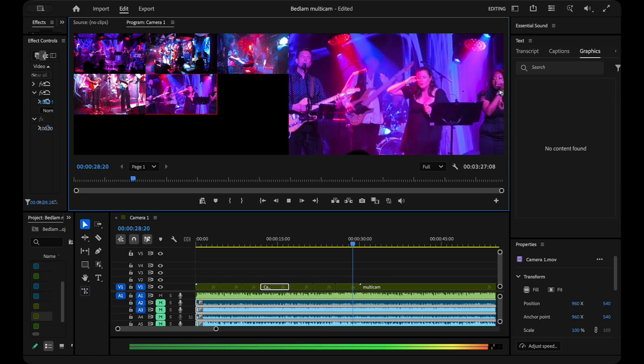It is a little fiddly setting up multicam views in Premiere. There are more steps than should be necessary, but once you've done it, it makes it extremely easy to move between a load of different camera views and edit them in real time. So in this case, I was able to take a 2-hour gig. Once I got everything set up, I was then able to edit that gig in just 2 hours.